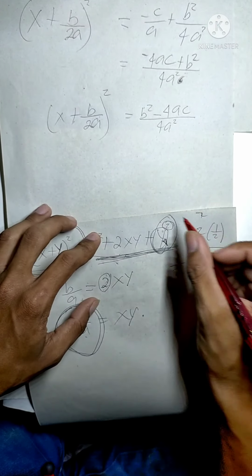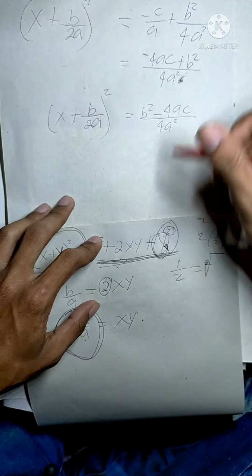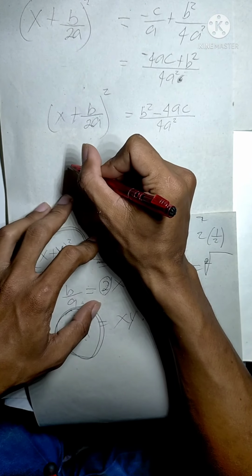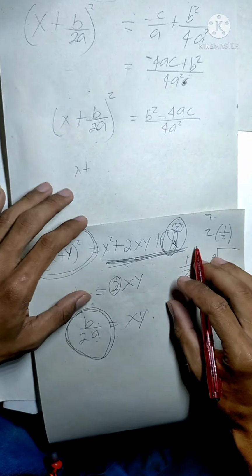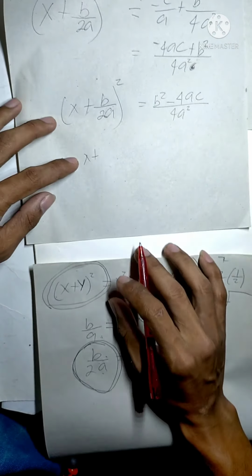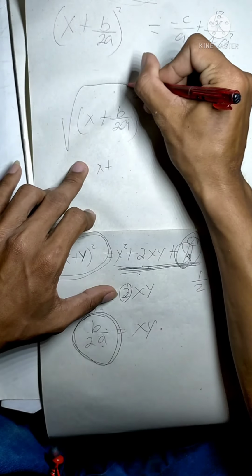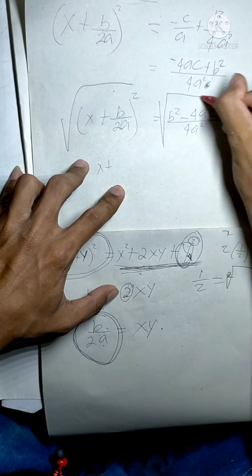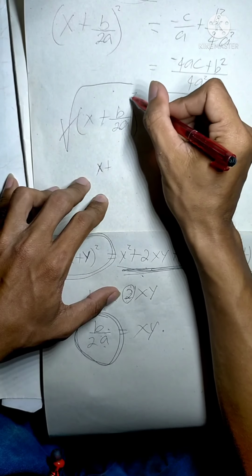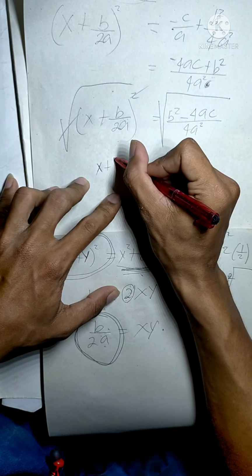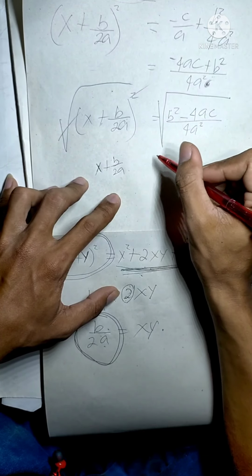Then we take the roots. Just put the square root sign to save space, on both sides. So the remaining here would be x plus b over 2a